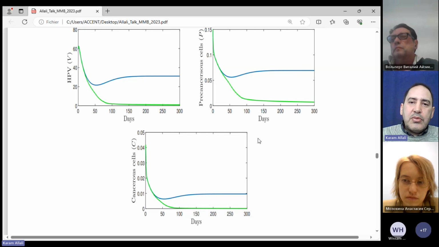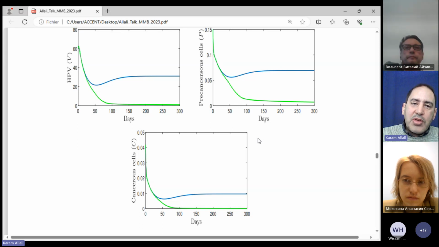Yes, you are right, because all these questions I have checked in the work with the saturated infection rates. Because in the work with the saturated infection rate, the virus goes to 0, and I noticed it in the end, on slide 26. Yes, you are right. In this work, I haven't checked this